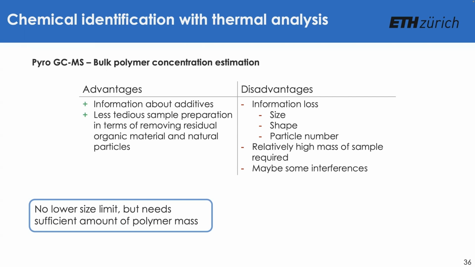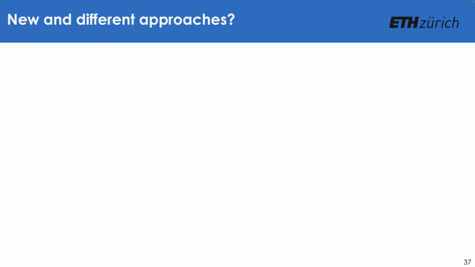The sensitivity is also quite good, but you still have a relatively high mass of sample, which is needed as a high mass of polymer, which has to be in your sample. And there can also be some interferences from different parts of the environmental matrix as well. So these are the most common types of microplastics analysis now, but I think now is a really nice